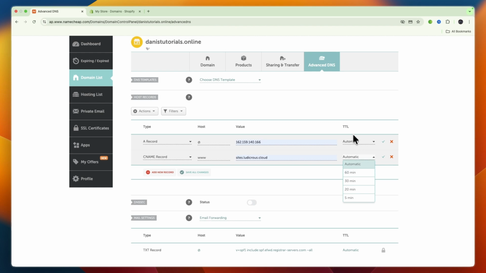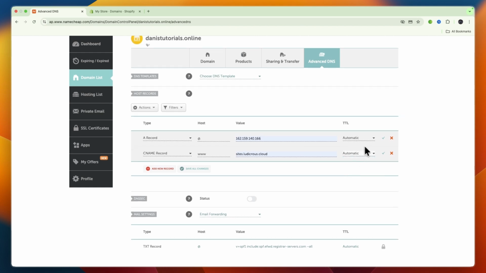And then you can set the TTL to automatic. You can also make it 5 minutes, 1 minute. I usually do automatic. And then just click save changes on both of the DNS records or all of them if you have more. And then once you have saved the changes, you will then have added those DNS records